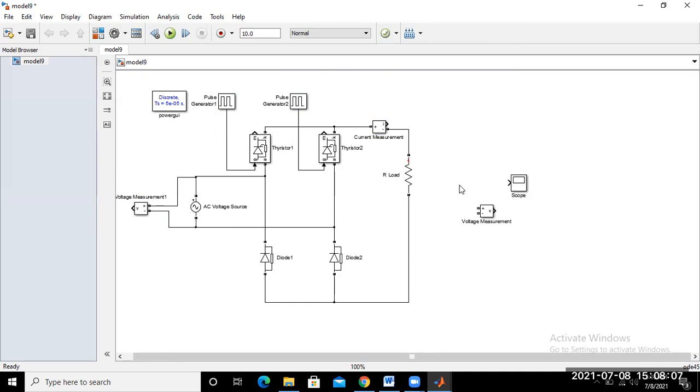So we require three axes. One for this voltmeter, input voltage waveform, another for this output voltage waveform. So just connect this output voltage from here to here. So in this way, you can just connect.